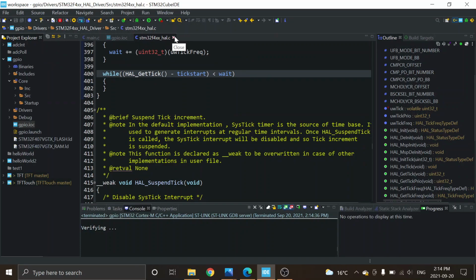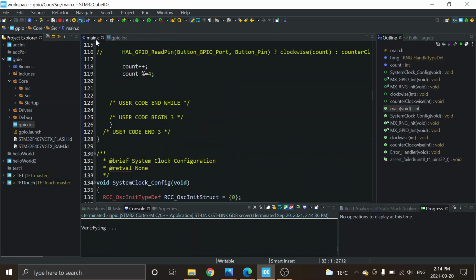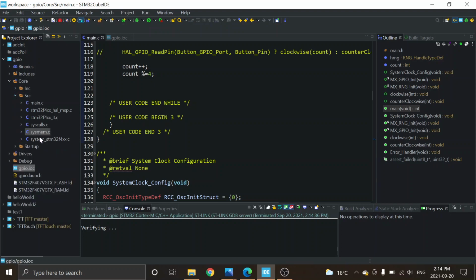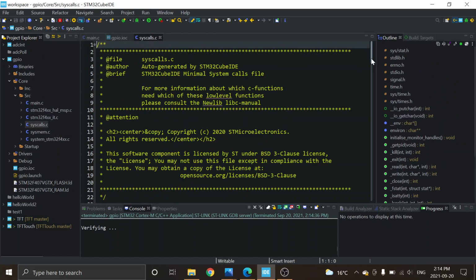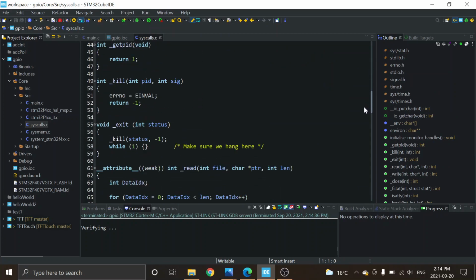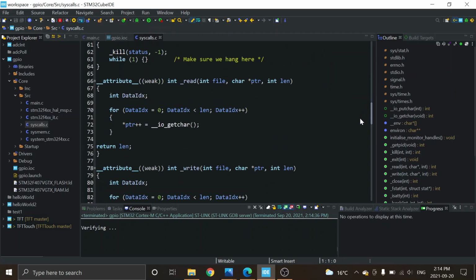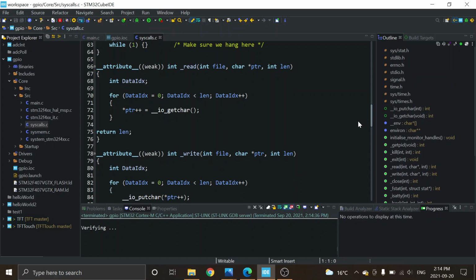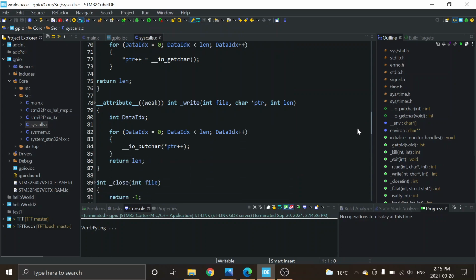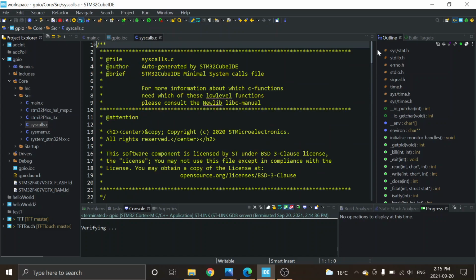And we'll go get rid of that. And if I look at some of the different files, there is a syscalls file. In syscalls, there is the write function, and there's a read function calling get character, and a write function calling put character. If you go to the very top,